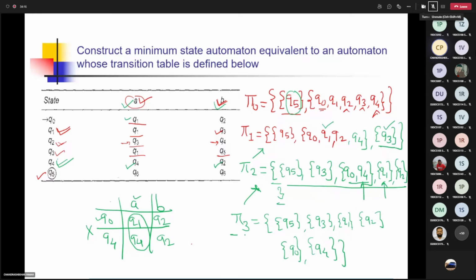So here you can observe that within the pi3 we are going to obtain the states as they are, that is all states are separated, meaning whatever states were provided in the initial finite automata, from Q0 up to Q5. So the total number of states is 6. Similarly, 6 states we obtain within the pi3. So that may be the case. That's why I have considered this example, where we are not going to obtain any minimized automata,